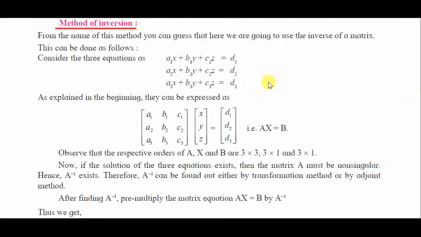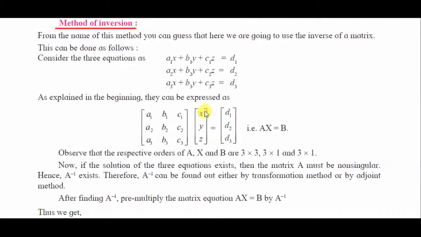Once you understand the equations, we start converting them in terms of matrices. In terms of matrices, the first matrix is always the coefficient matrix, multiplied with the variable matrix, equal to the constant matrix. That is the AX equal to B format. How do we find matrix A? Matrix A is the coefficient matrix of the variables x, y, z. We consider x as the first column, y as the second column, and z as the third column, and the three equations have their respective coefficients written in the first row, second row, and third row respectively.